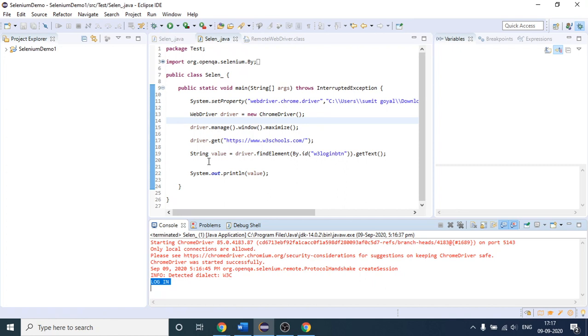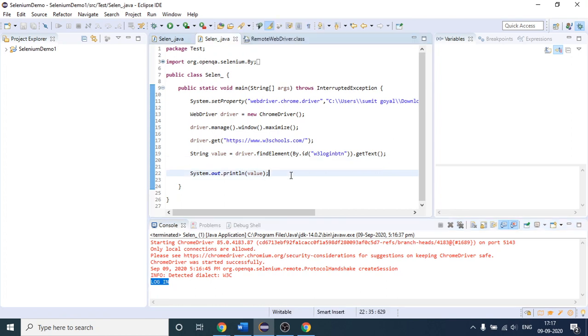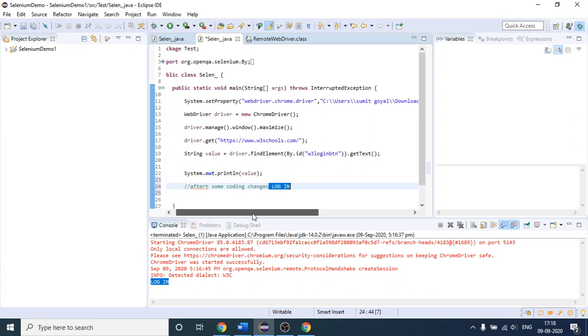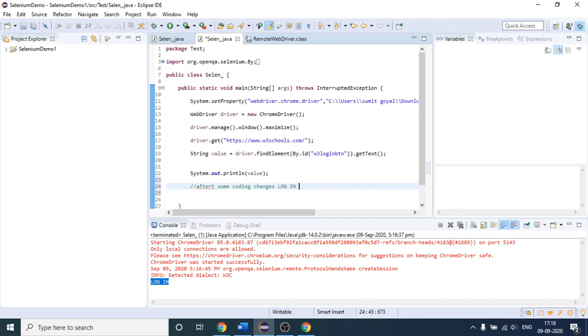Suppose this is the original text, the way you want "login" to appear on the button. But suppose after some coding changes, this login text changes to something like this.